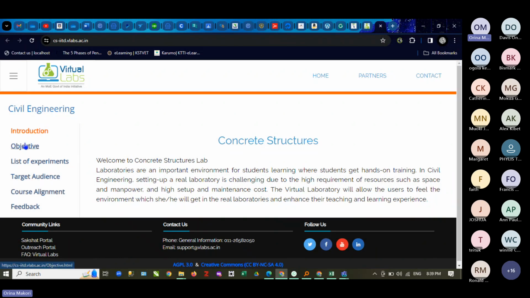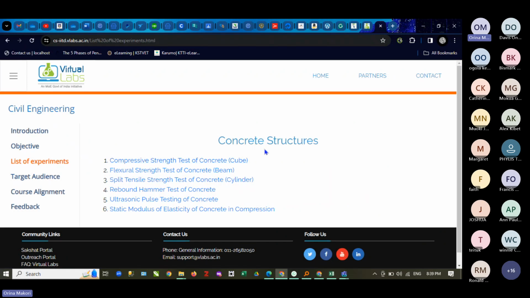It has an introduction, the objective. Then we have the list of experiments in that area for concrete structures. We have compressive strength tests of concrete cubes. There are these others which might not be relevant to your area for now. We're just using them for illustration so that we can see that we are able to do different kinds of experiments or virtual labs online. So if I click on this,